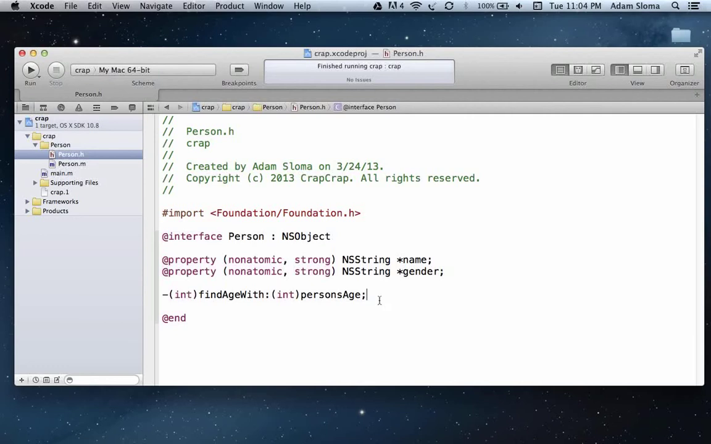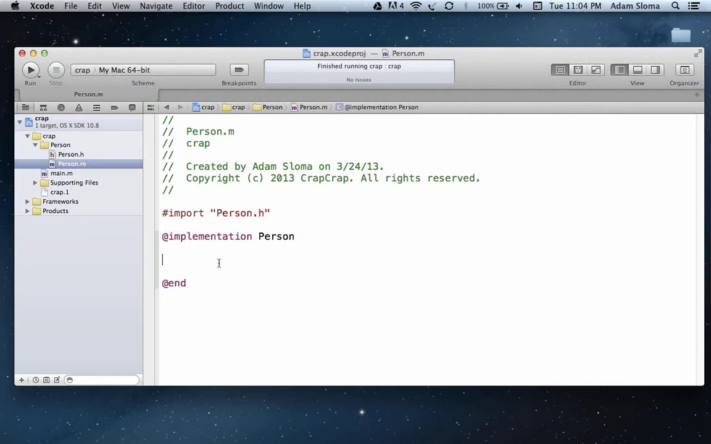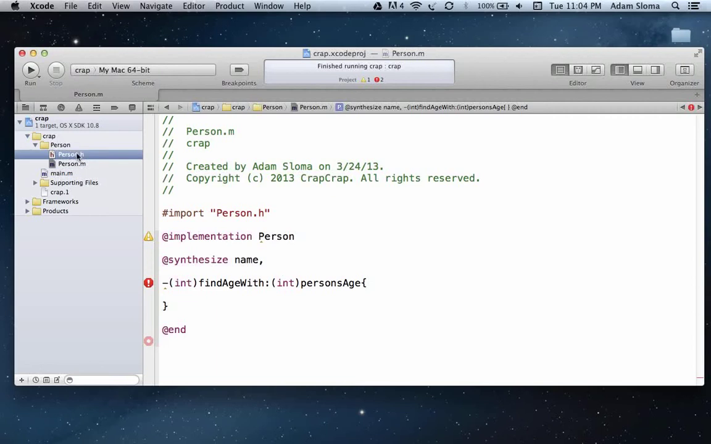Pretty simple. Okay? So let's copy and paste this line. Delete that, curly brace, enter, another curly brace, magic, and then we're going to say at synthesize, and we're going to synthesize the name and gender. Sometimes you just synthesize objects. Okay, anyway,